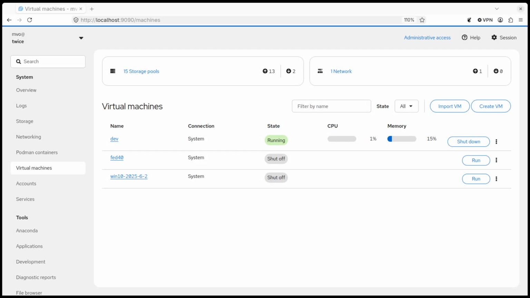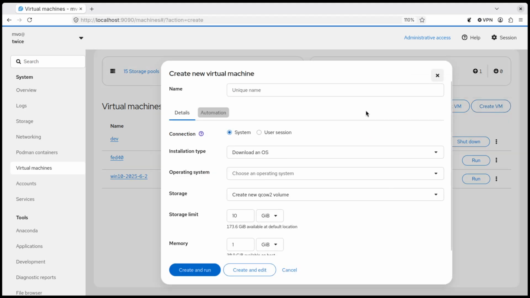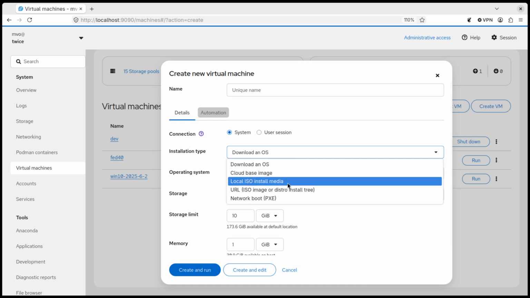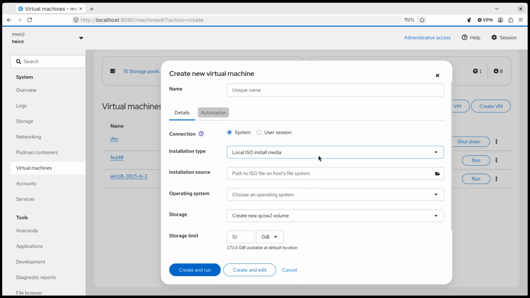Hello, this is another demo about the file chooser dialog, and this is now the production version in Cockpit Machines. That is where it should appear first, and it's going to be here in the Create VM dialog. If you, for example, want to install from a CD, you select local ISO install media, and then you have to fill out this